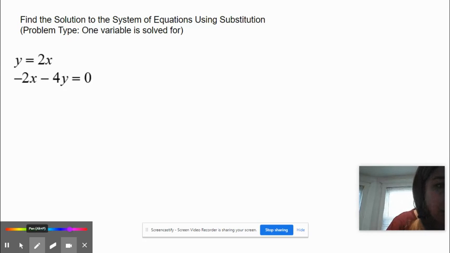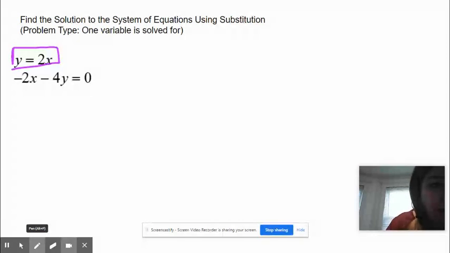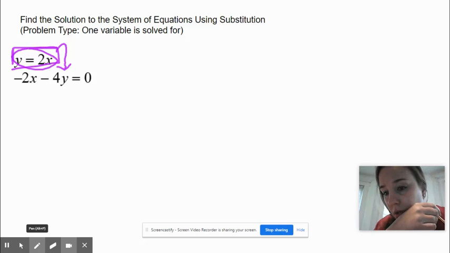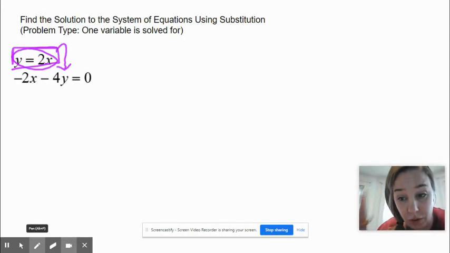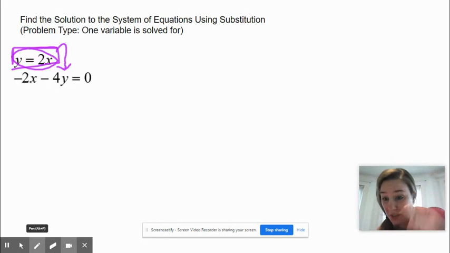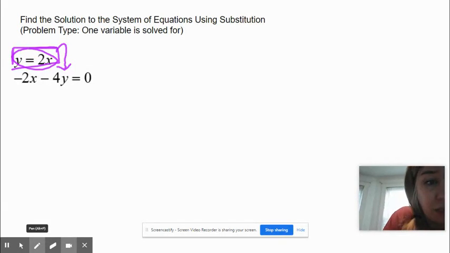Since y equals 2x, I'm still just going to rewrite this bottom equation, but instead of writing y, I'm going to write 2x because they're equal to each other. So I'm going to take two equations with two unknowns and sort of mush them into one equation that only has x in it. So I'm going to rewrite this second equation